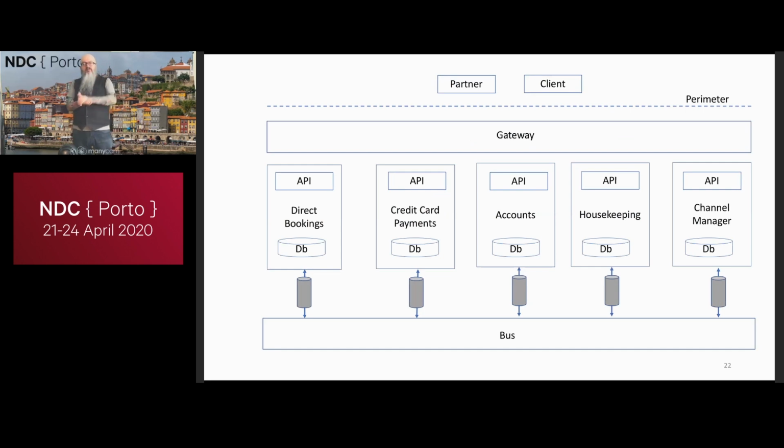Cooper and I should be booked into this lovely hotel in Portugal because I'm staying here for NDC Porto, and a lovely crew at NDC will have booked me into my Portuguese hotel. When they look for my booking, the system is really going to have to talk to things like direct bookings, accounts and housekeeping to get that data. And this seems much more straightforward.